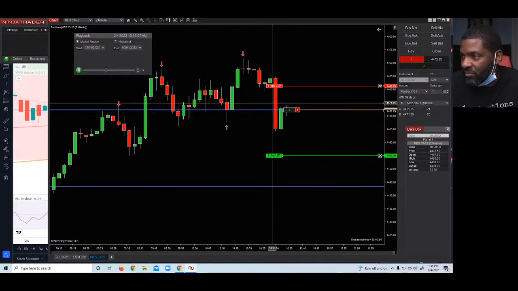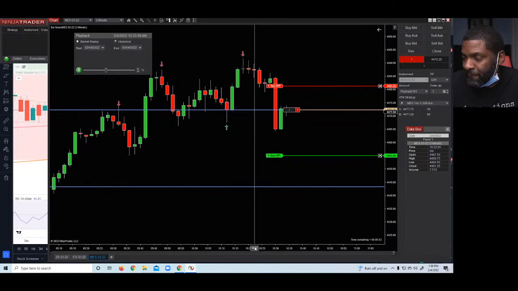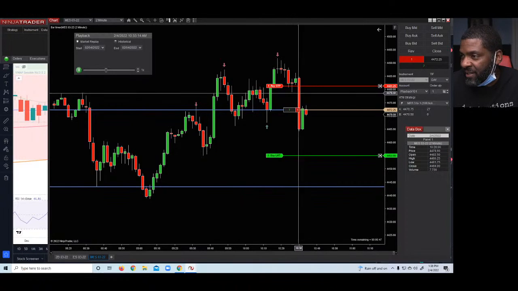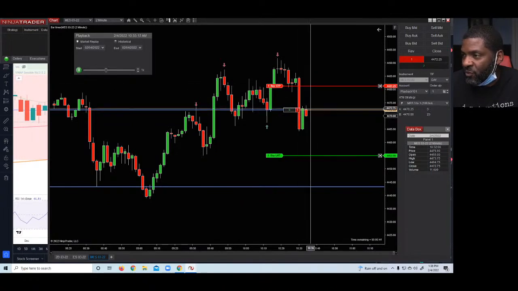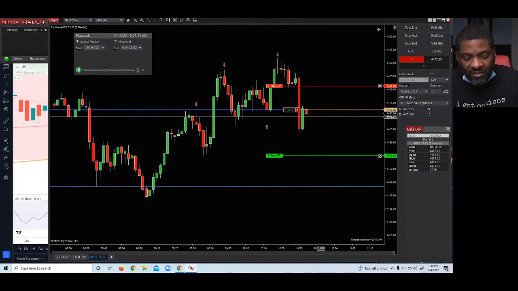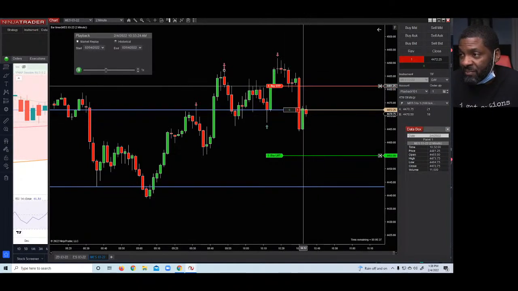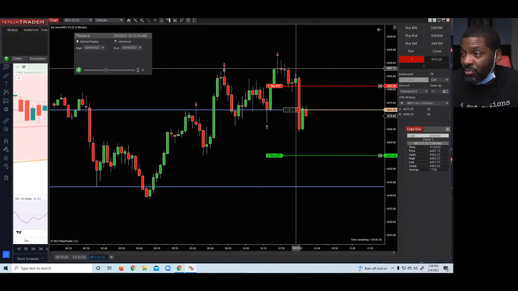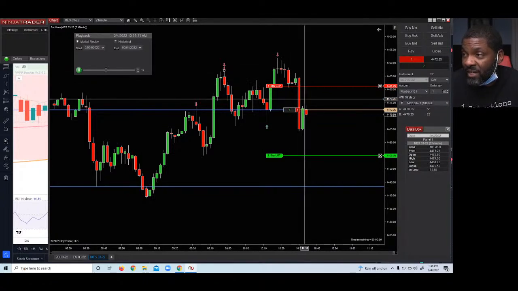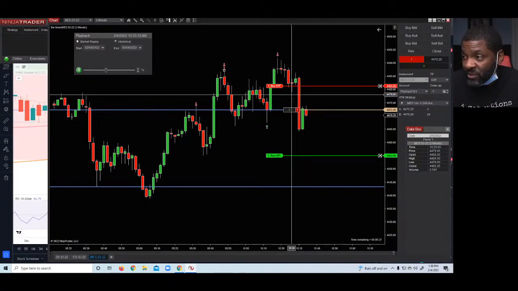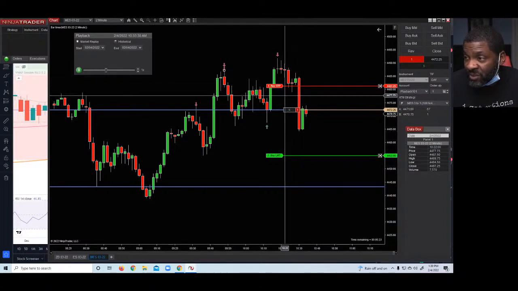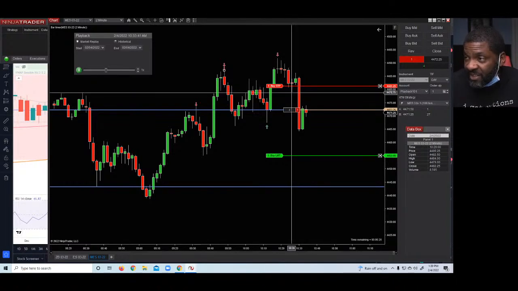Like this right here is my max stop loss. If you was doing it as far as putting your stop loss, it would be above this swing high right here. But this is my max stop loss I'm gonna take on any trade, so I ain't gonna put it up there. If it was a swing high here, I would move it down to that swing high to lessen my risk.